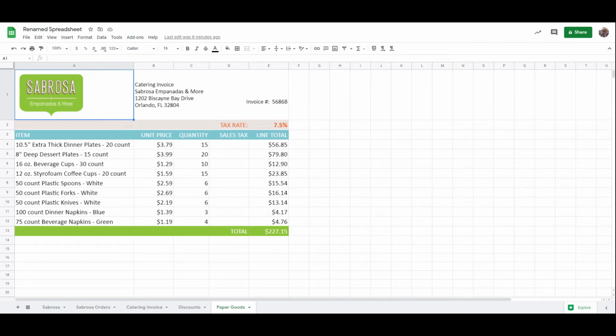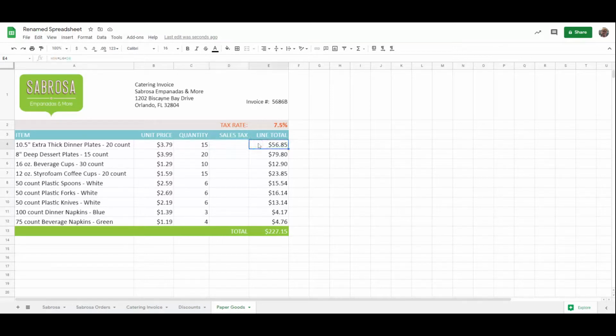Now, let's say that Sabrosa is buying these paper goods. They're not only paying the unit price and quantity, really the line total. The cost of these items is not just the unit price and the quantity. So really we also have the sales tax. So we're going to need to create a formula to calculate the tax that will then be added